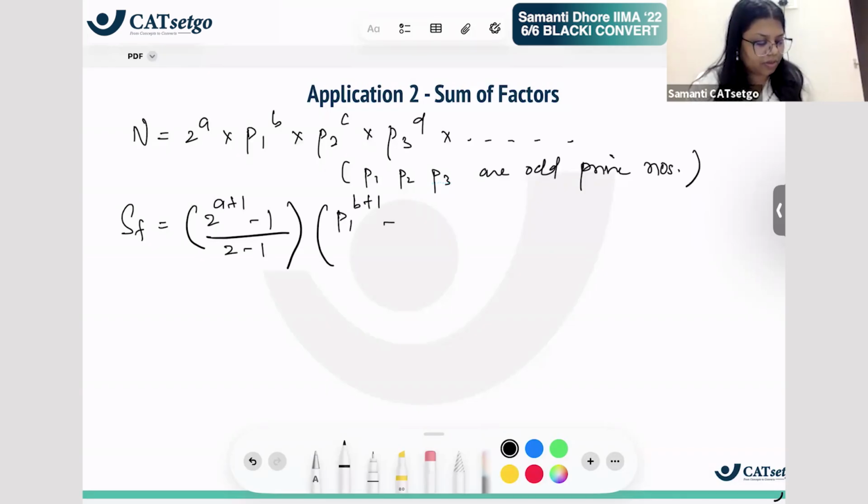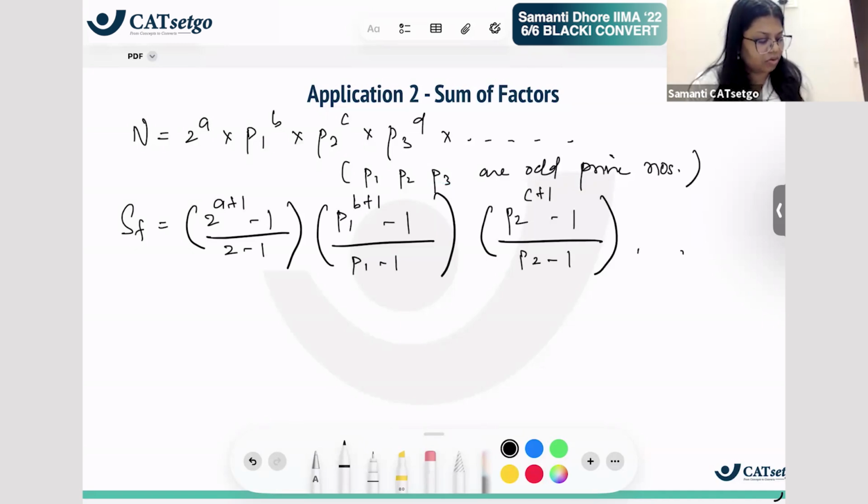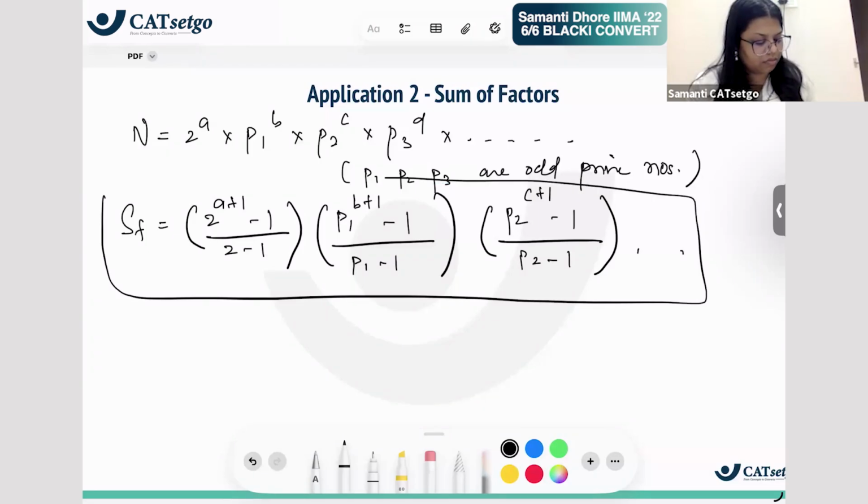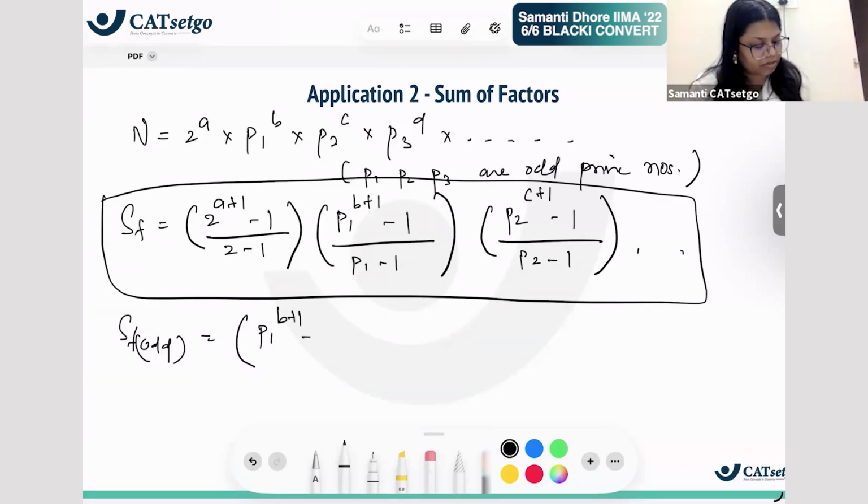p1 raised to b plus 1 minus 1 upon p1 minus 1, p2 raised to c plus 1 minus 1 upon p2 minus 1, and so on. This is the formula. इसी में ही अगर हमें odd numbers का sum निकालना है तो what are we going to do? We are going to not take the 2 वाला factor and we're just going to start from here. p1 raised to b plus 1 minus 1 upon